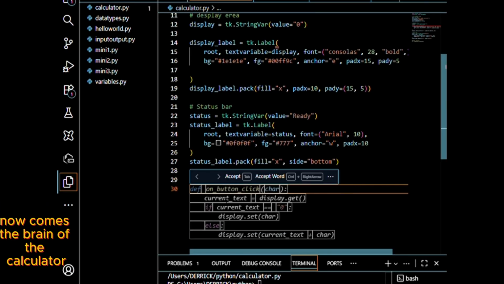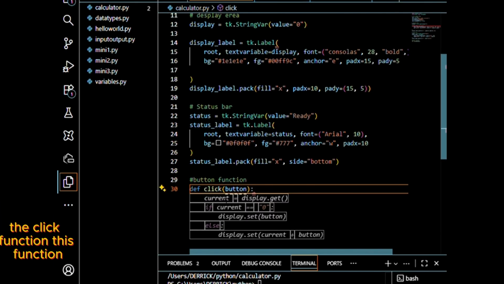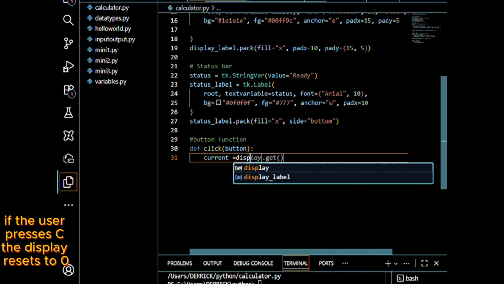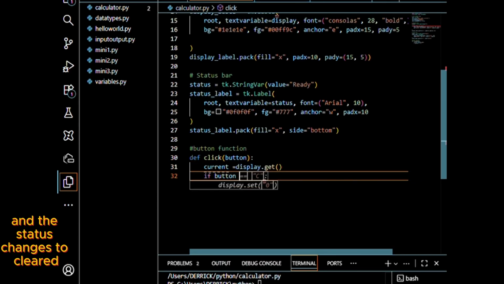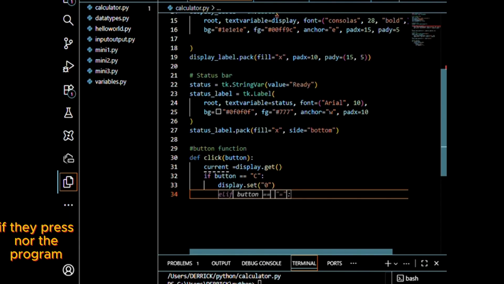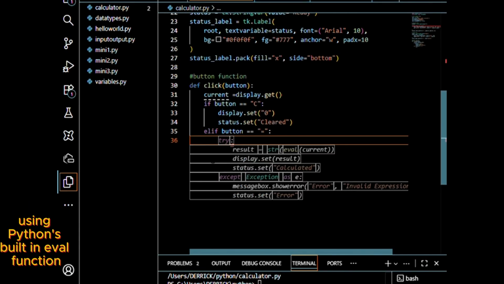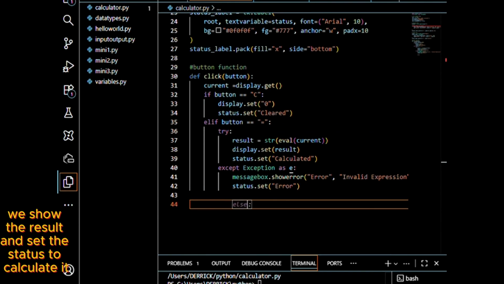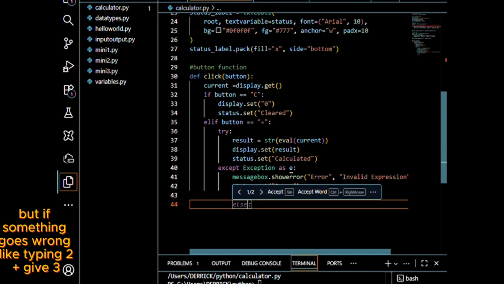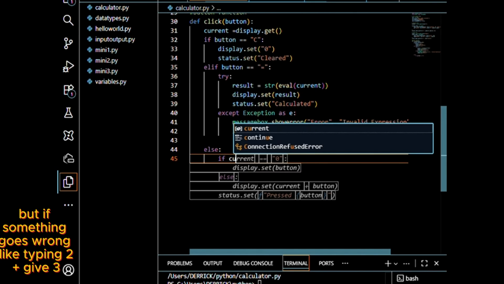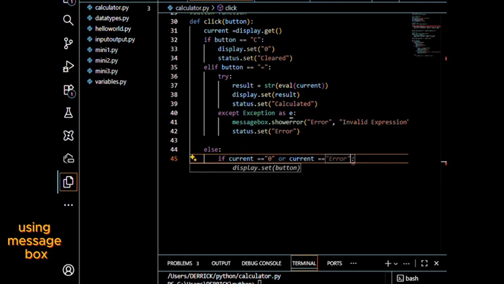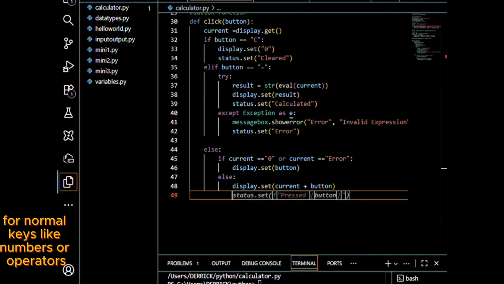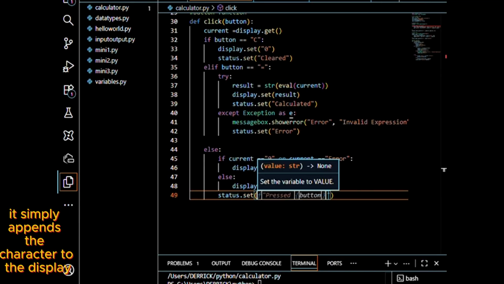Now comes the brain of the calculator, the click function. This function decides what happens every time a button is pressed. If the user presses C, the display resets to 0, and the status changes to cleared. If they press equals, the program tries to evaluate the mathematical expression using Python's built-in eval function. If the expression is valid, we show the result and set the status to calculated. But if something goes wrong, like typing 2 plus plus 3, the program catches the error and shows an alert using messagebox.showerror. Otherwise, for normal keys like numbers or operators, it simply appends the character to the display, updating it as